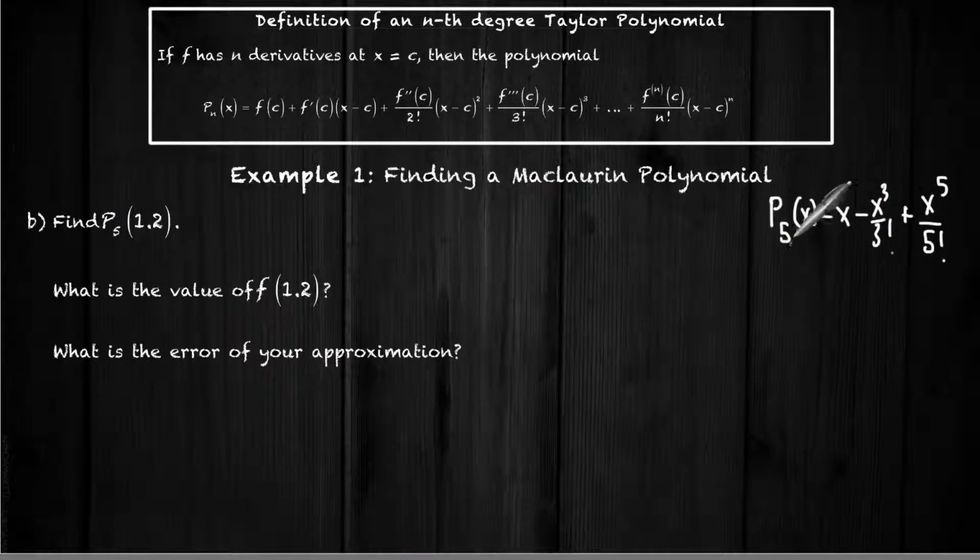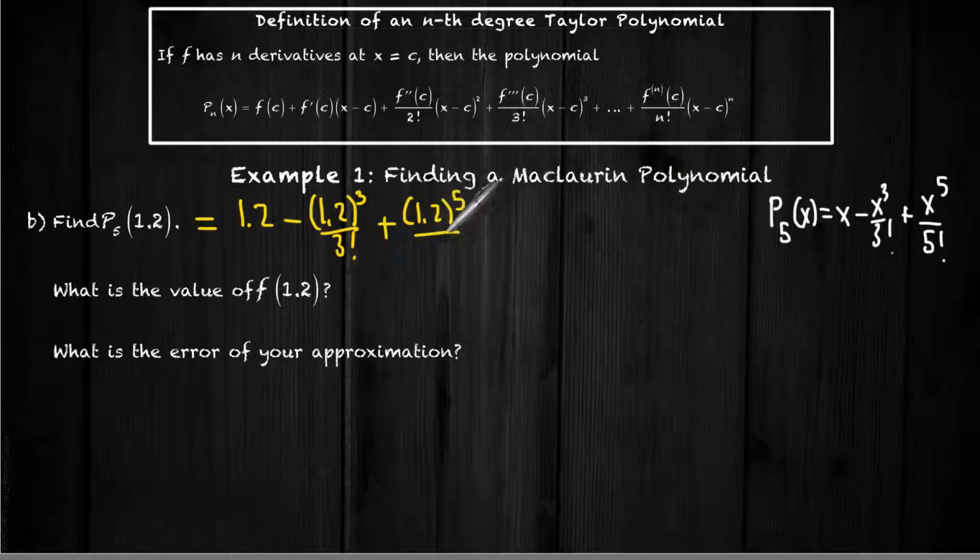All right, assuming we have found our fifth degree Taylor polynomial, or Maclaurin polynomial that is, we want to actually see how close our polynomial is compared to the real function. So we're going to plug 1.2 into our Maclaurin polynomial and let's see what we get. So that is going to be equal to 1.2 minus 1.2 cubed over 3 factorial plus 1.2 to the fifth over 5 factorial. And that actually comes out to be equal to